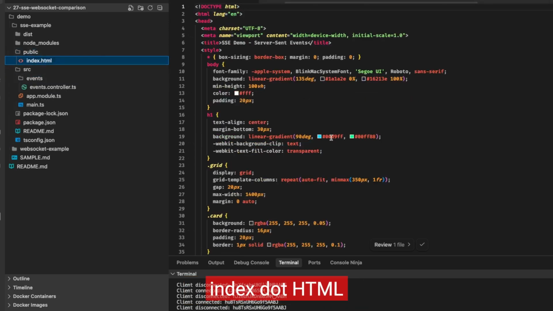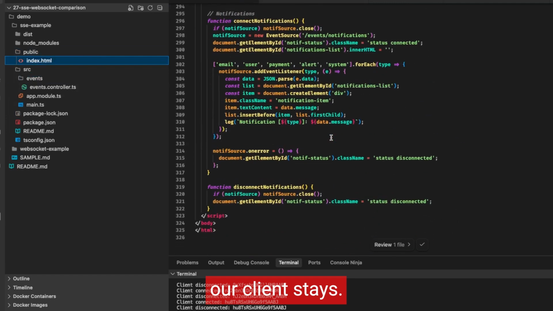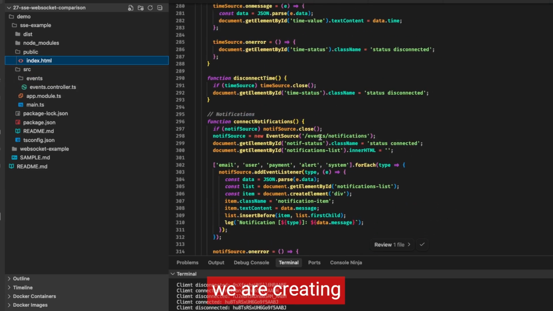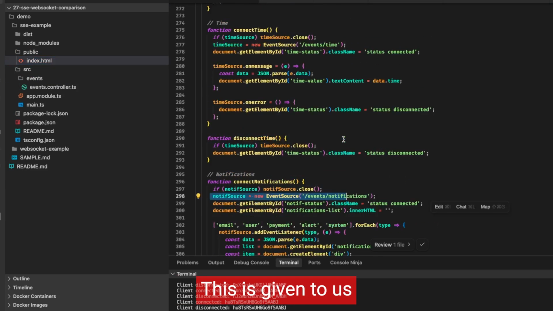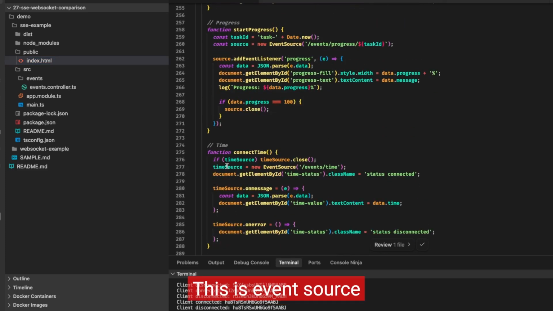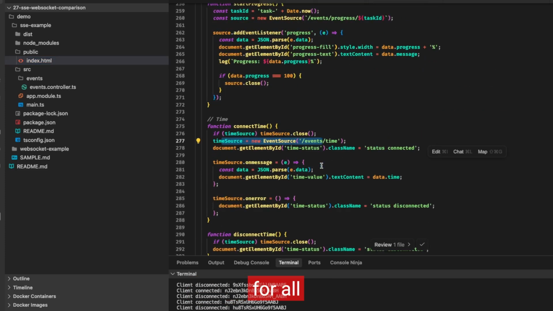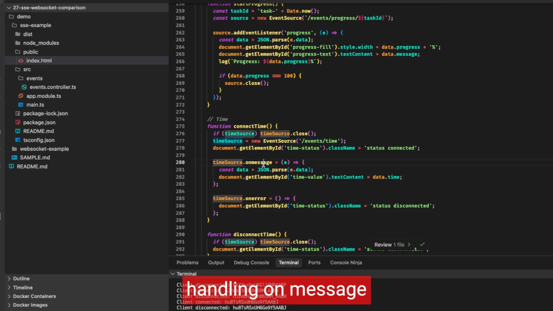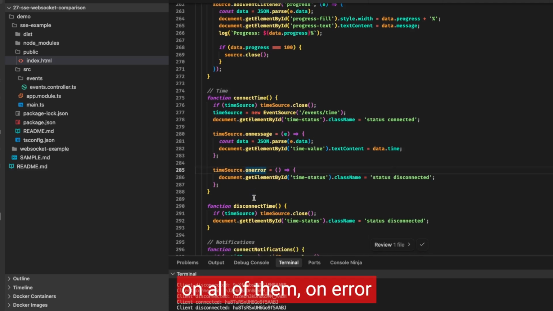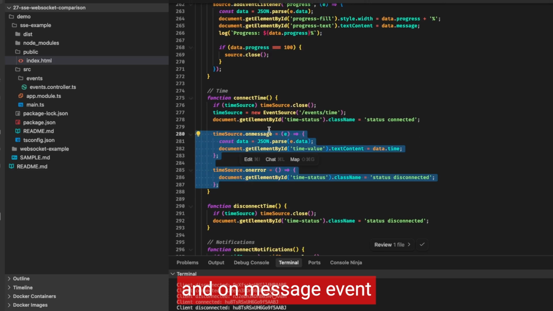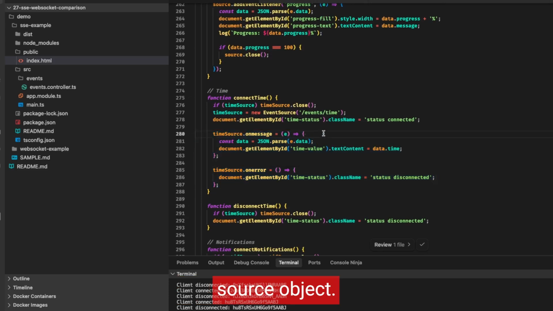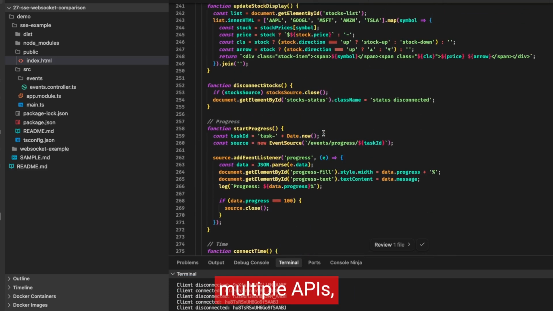But in the index.html, this is where our client stays, and this is where we are creating the event source object. This is the event source for notification, this is the event source for the time. For all these different actions, we have this event source object, and then we are handling on message events on all of them, on error and on message event, all on the event source objects, because we have multiple APIs